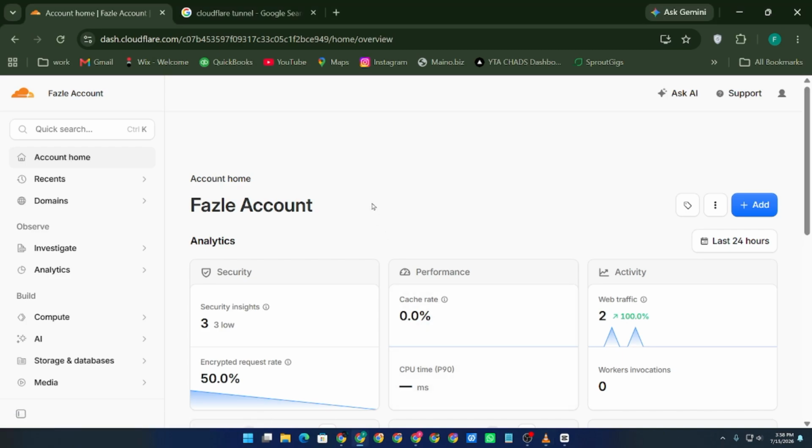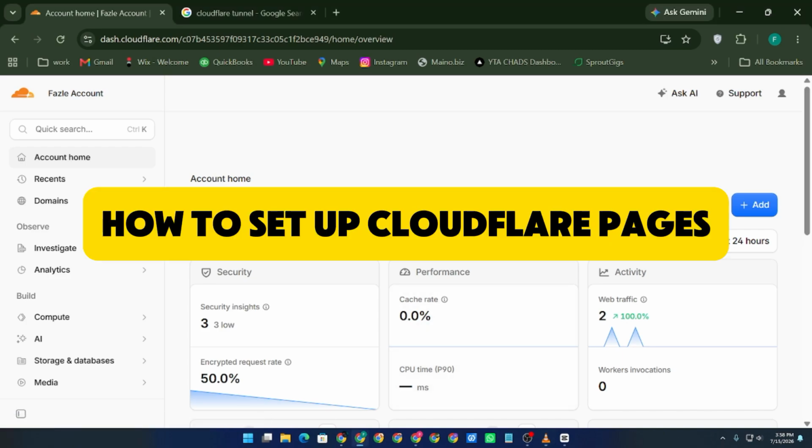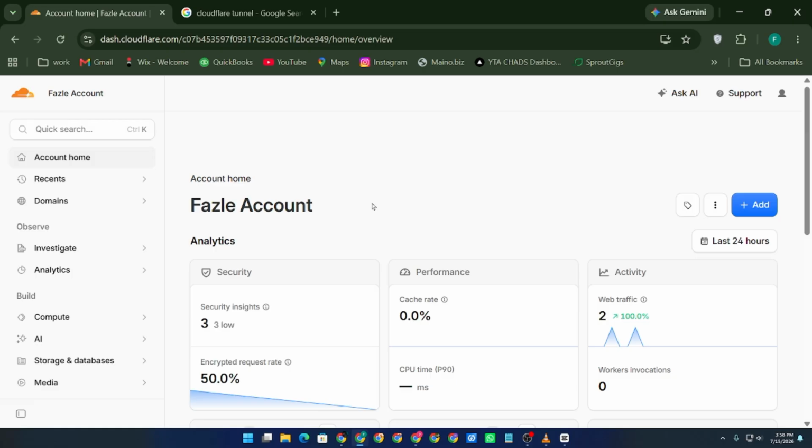In today's video, I'll show you how to set up Cloudflare Pages and deploy a website directly from your project files or a connected code repository. If you're new to Cloudflare Pages, it is a platform that allows you to host and deploy modern websites with